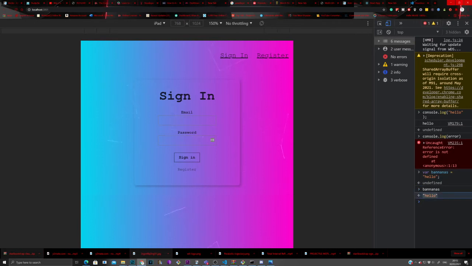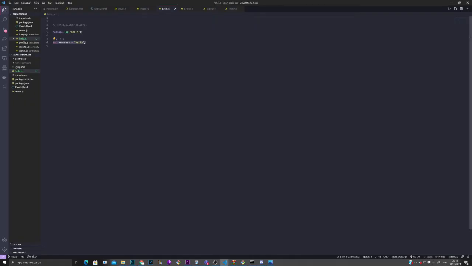So that's how you store values. Think of it like a cupboard or a drawer. It'll just keep your value nice and safe and snug for you while you go off somewhere else and do something, and it just keeps that stored so you can call upon it. Next one is,